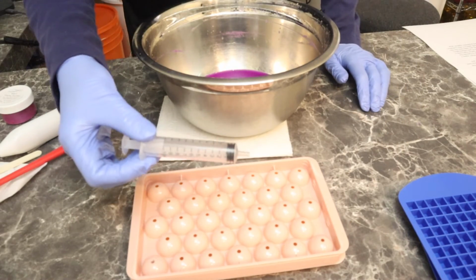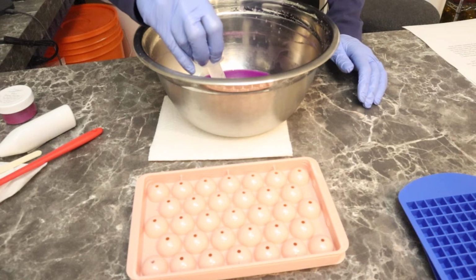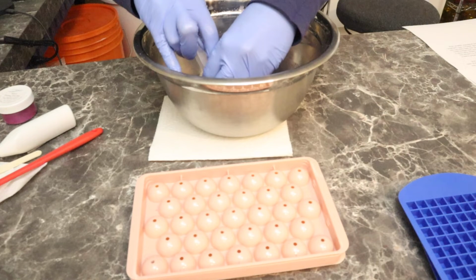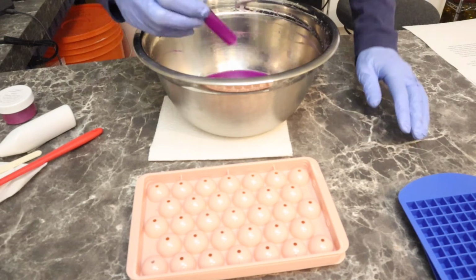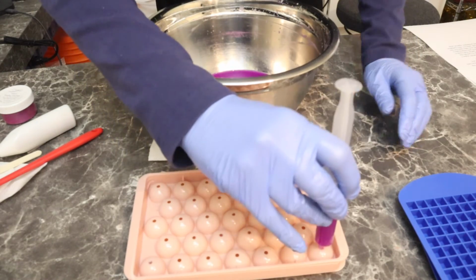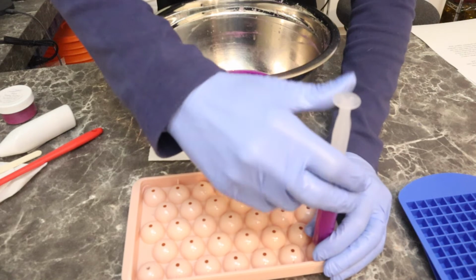And I simply just have a little syringe like this, and I'll just suck up some of the butters. If it starts to solidify, just put it back over top of your double boiler, but we're just going to